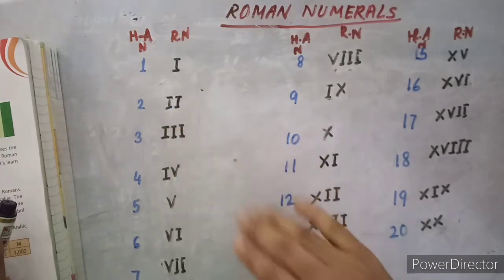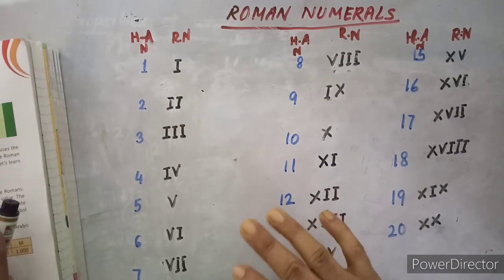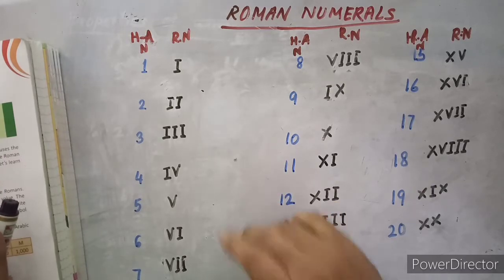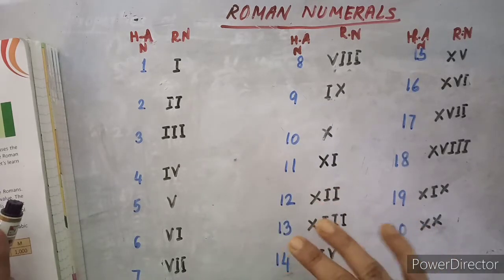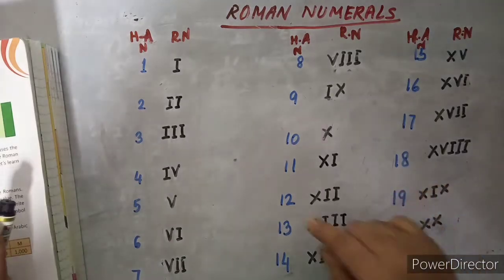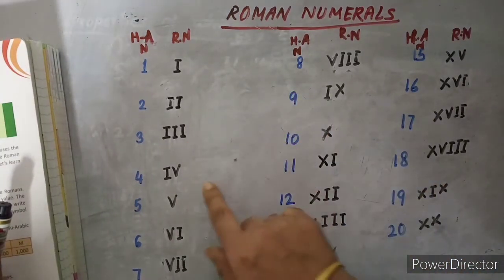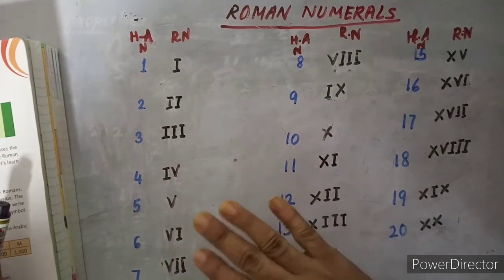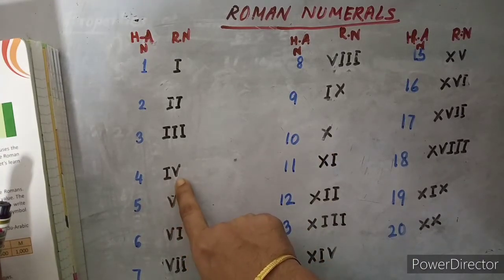So any symbol, whatever you are using, should not be used for more than 3 times. Okay, तो यहाँ पे देखिए आपको कोई भी सिंबल है वो आप 3 से ज़्यादा बार यूज़ नहीं कर सकते हो। ठीक है, तो यहाँ पे देखिए 3 तक हमने I 3 बार यूज़ कर लिया था, इसीलिए जब 4 नंबर लिखा है हमने उसमें हम लोग 4 I नहीं लिख सकते हैं, हम लोग उसके बदले क्या लिखेंगे V.